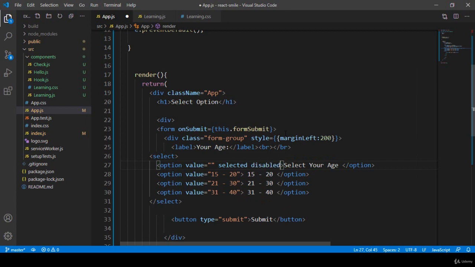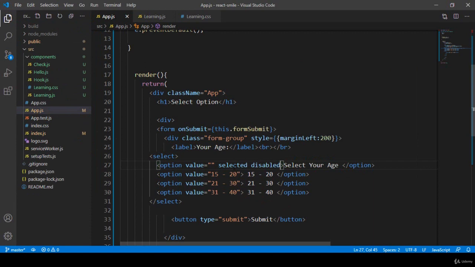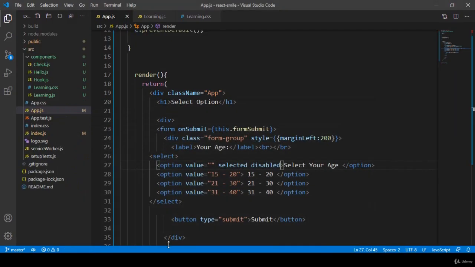Okay, selected disabled. Now if you click save all, so selected disabled, refresh it. So now here you can see you cannot actually select it. Okay, so that is actually our totally disabled. So better, I want to put some of the bracket